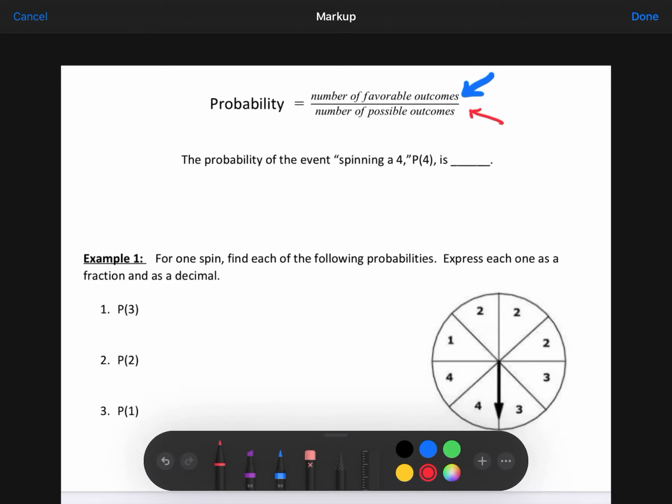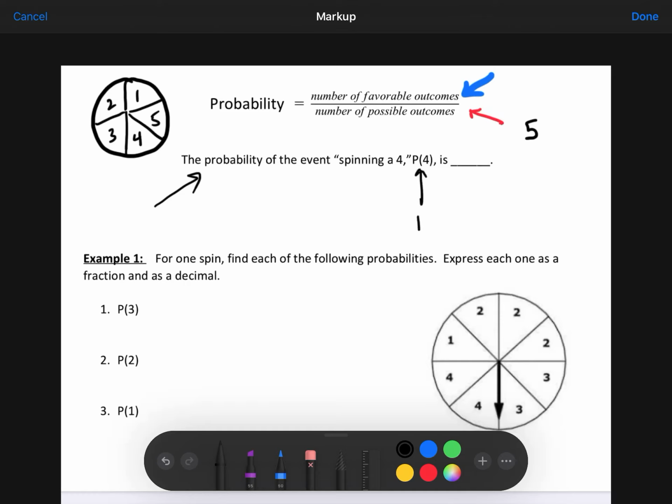So, if I had a basic spinner here that was divided into, I don't know, this isn't going to be equal. It should be equal, shouldn't it? But if it's divided into 5 wedges, those are my possible outcomes, there are 5. Now, if this is my problem, the probability of the event spinning a 4, this is how we write it,